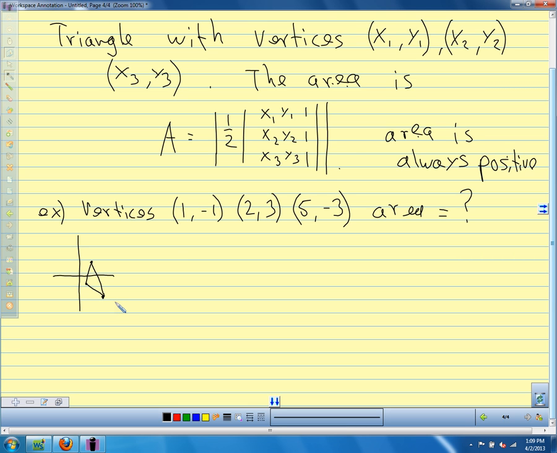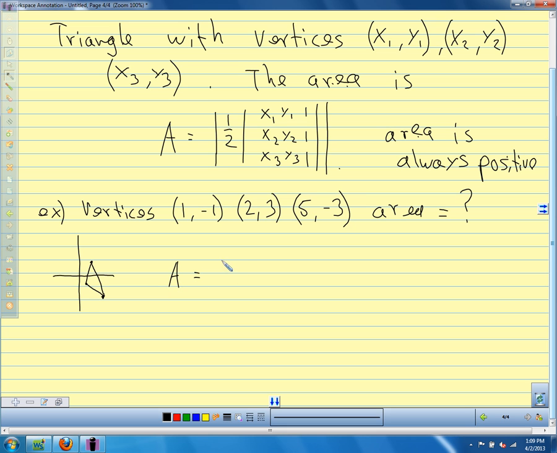If our problem asks us to find the area of this triangle and we didn't know this rule, that would be a really hard problem to do. We would have to find the length of one side. We would have to find the distance from one side to the other, the height. It would take a lot of work. Using this, very easy. So my area